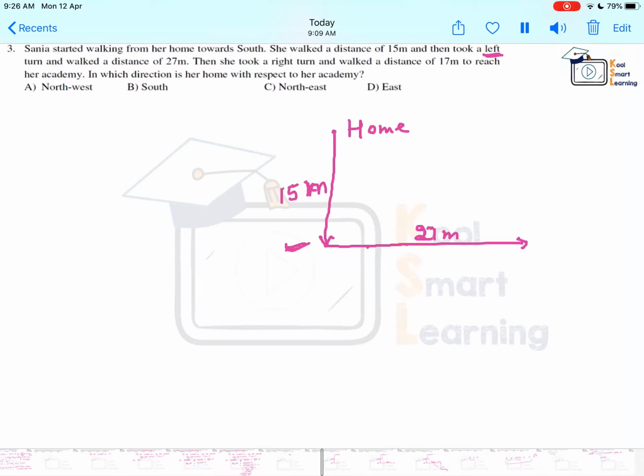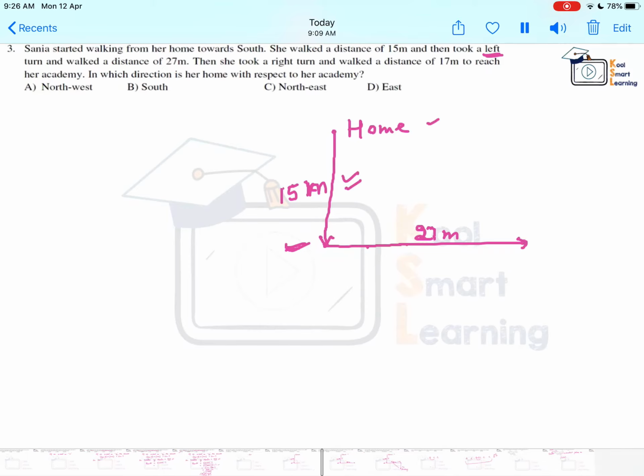Right? So in these types of questions, the important thing is that we should face in the right direction so that we can take the correct left and right turns. If it is south and north, irrespective of the facing, you can just know the direction, right? So like we started from home and we know that she's moving towards south, so we just know that she's clearly moving here. But at this point, if we have to find out what is her left, we have to see where she should be facing.